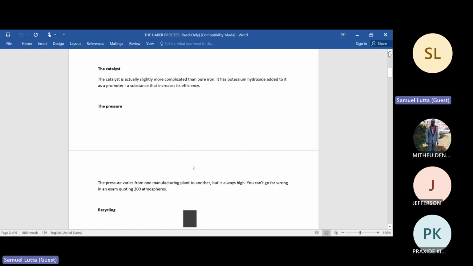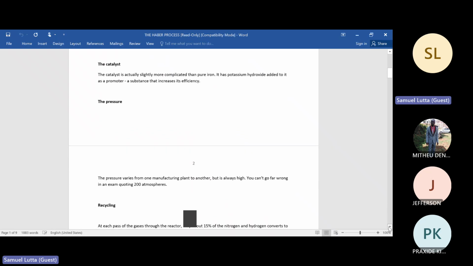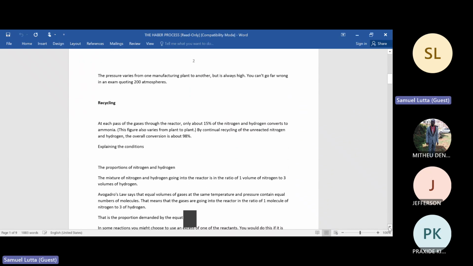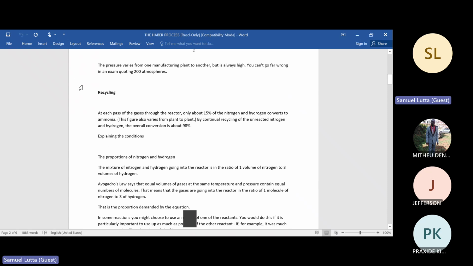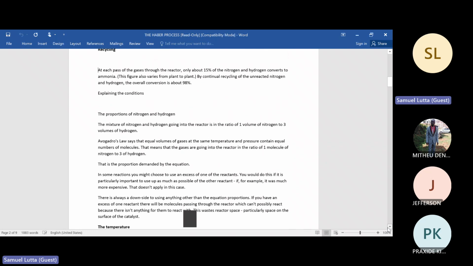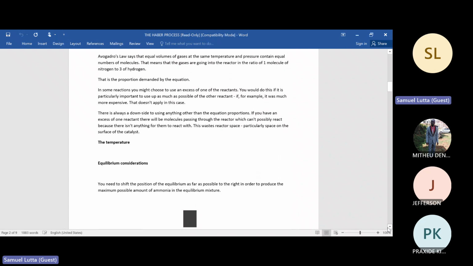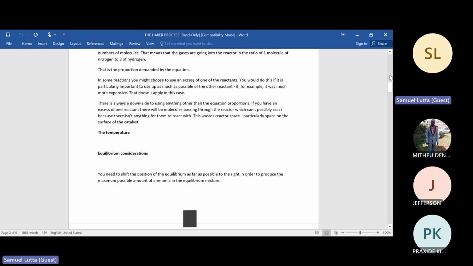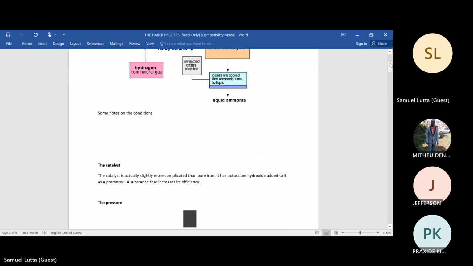So the reaction requires high pressure, and the temperature that we use is fairly low. And then we talk about the importance of checking the environment. We normally recycle the products. So the products are normally recycled. So I think just to mention this, the conditions about temperature, we are saying that for those of us who